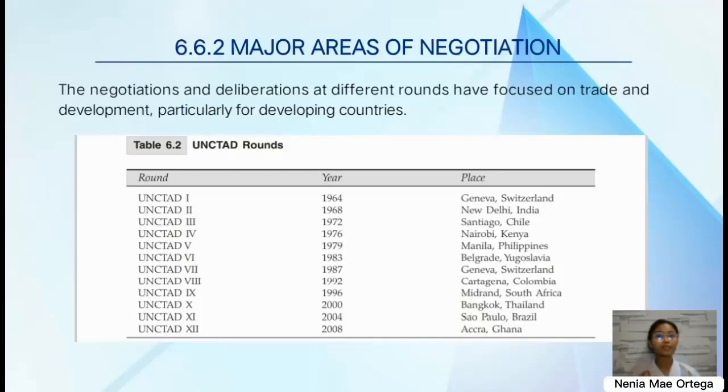In topic 6.6.2, major areas of negotiations, the negotiations and deliberations at different rounds have focused on trade and development, particularly for developing countries. So in table 6.2, we can see the rounds, the year and place,